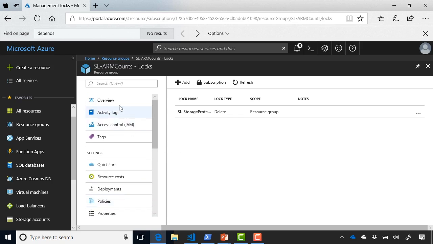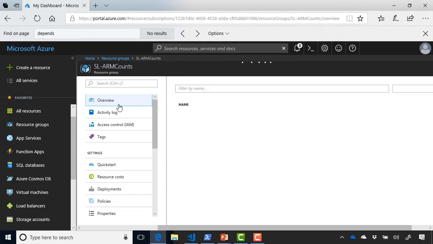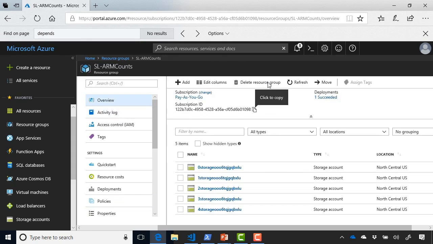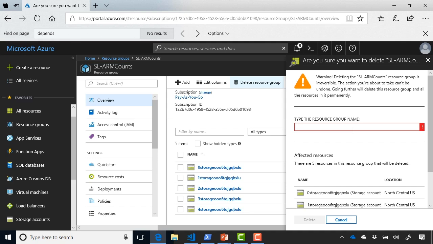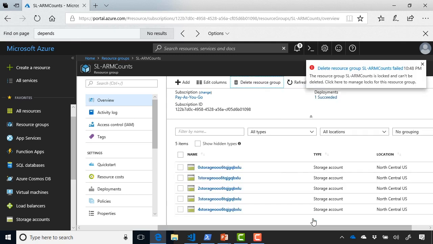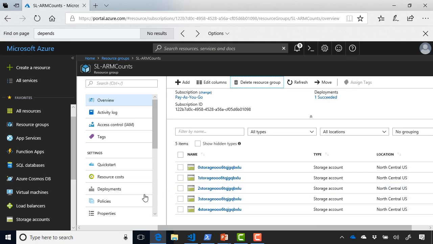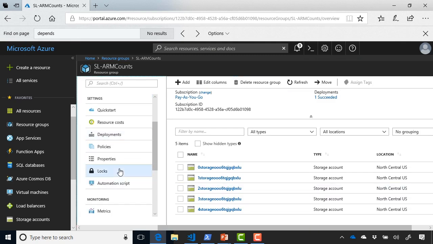If we scroll back up to the top, and I attempt to delete this resource group, so I'll type in the name that it prompts me as per normal, and I hit delete. Immediately we get that error saying the resource group SL-arm counts is locked and can't be deleted. And if I go back in and remove that lock,